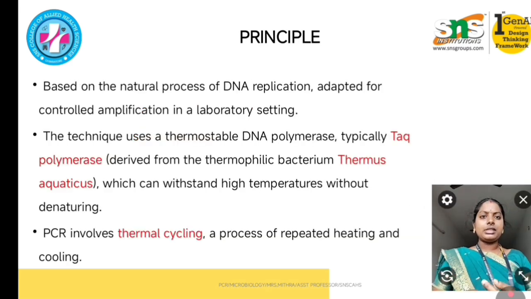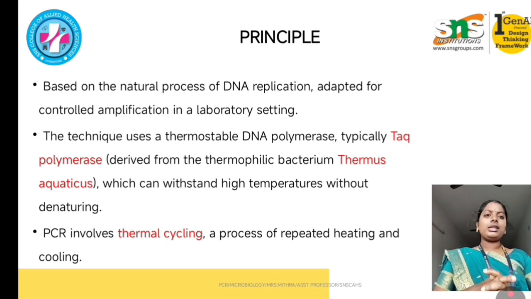And coming to the principle, it is based on the natural process of DNA replication. DNA replication, in the sense, means the DNA gets multiplied into 2, 4, 8, 16, 32. So it is controlled amplification in the laboratory setting, and this technique mainly uses a thermostable DNA polymerase, typically called Taq polymerase. This DNA amplification is done mainly with the enzyme Taq polymerase, which is derived from